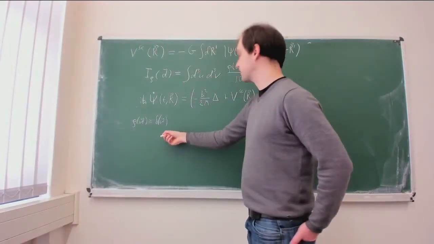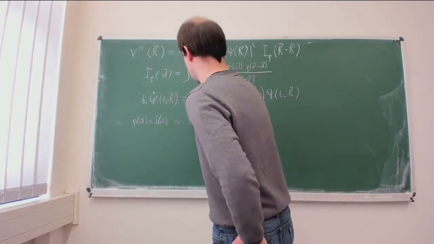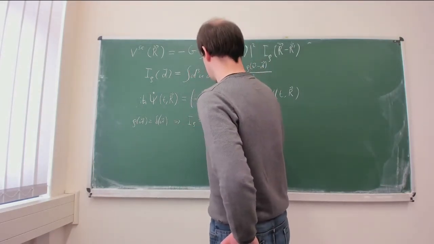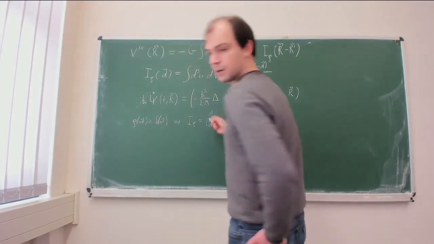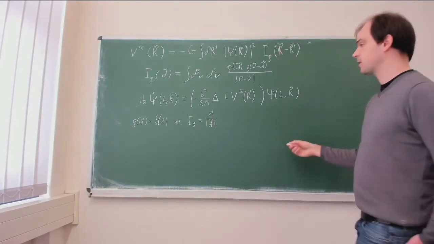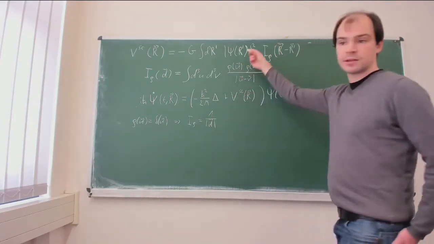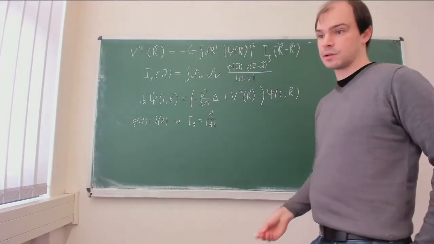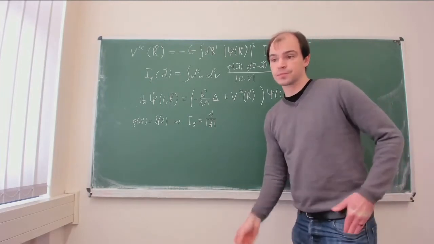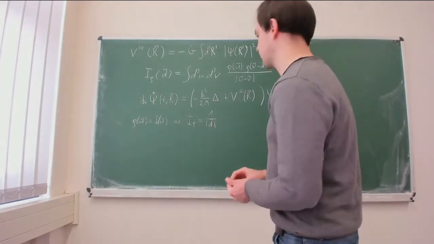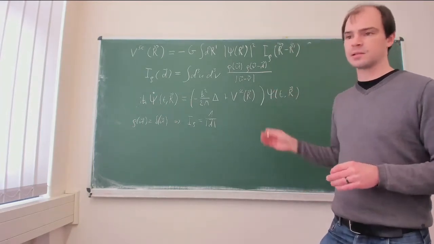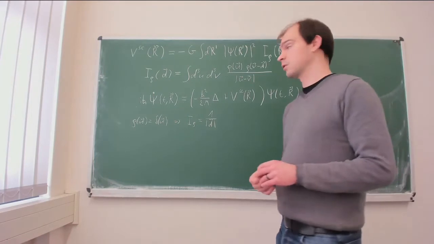Rho of u would be a delta function of u. Then our I rho just is 1 over the absolute value of d. And now we can go in here and we find that our potential is just the Schrödinger-Newton potential for a single particle, which we already had before. So, as expected, if we have a particle-like system, we find the single particle Schrödinger-Newton equation, but now not as